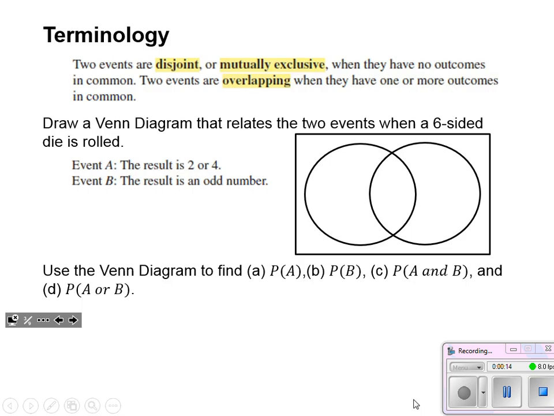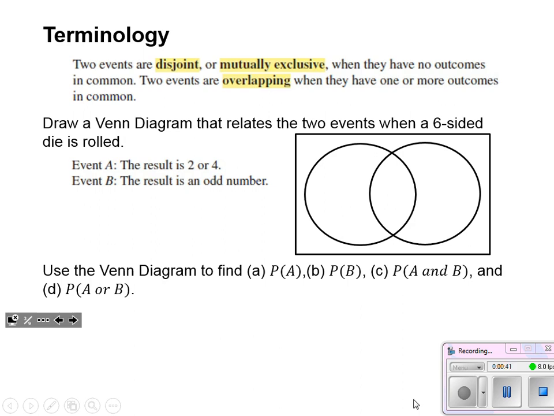Well, we've talked about independent events, and we talked about those as being an "and" case, when we had one thing and the other happening, and we found those probabilities through multiplication. But that's not the only way that two events can occur. Maybe we want one or the other. It doesn't necessarily have to be both. Well, that's where this disjoint, overlapping terminology comes into play.